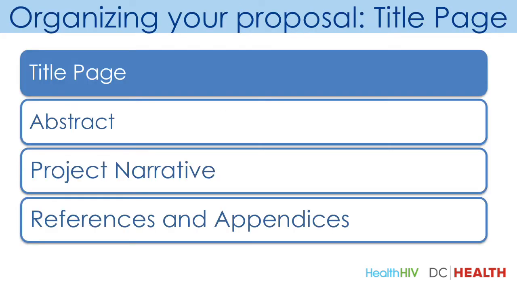So we're going to talk about organizing your proposal. But before you begin the grant writing process, it's essential that you do a little research to determine what topics you would like to tackle. You want to make certain that as you set out to seek funding for a grant, the problem or topic that the grant will address is one that is important.